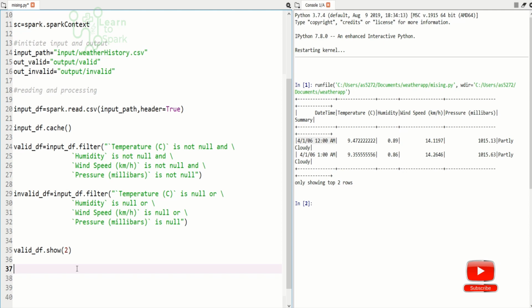So what we are going to do is we will convert this date time into an appropriate format like YYYY-MM-DD, and then we will apply a partition by on top of that. For doing that, I will create a data frame, date_df. I will name it like this, and let me create a logic. valid_df.withColumn, and I will name it as date_only.